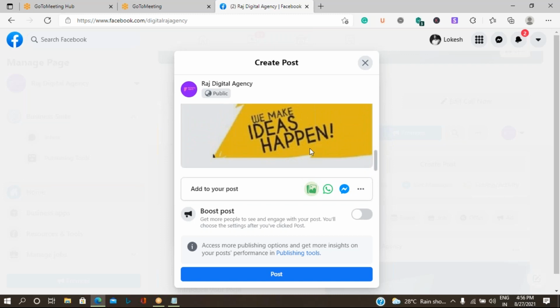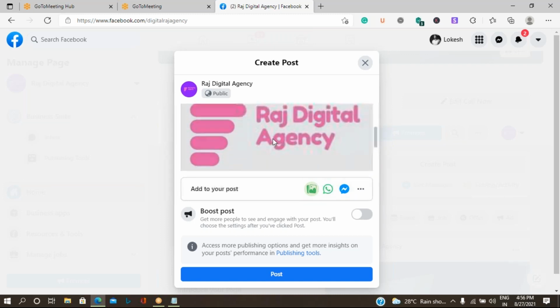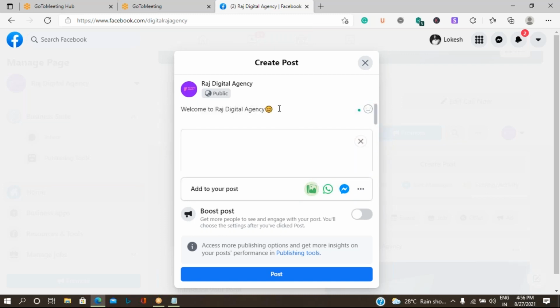So this becomes an image and text post. That means you can also add text. So image is allowed as well as text. Okay, so in case you want to add multiple images, you can click on add photos or videos. So one more image or video you can add together.